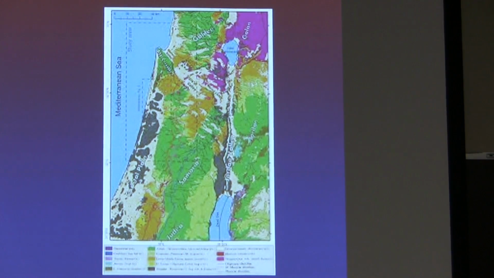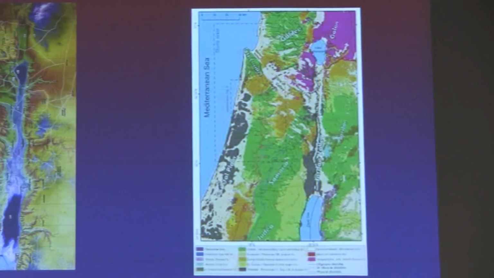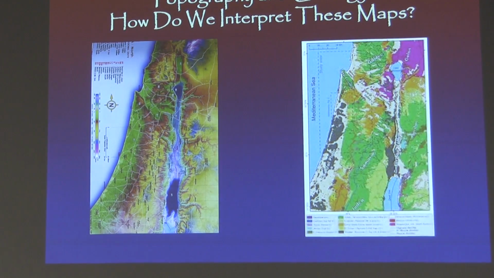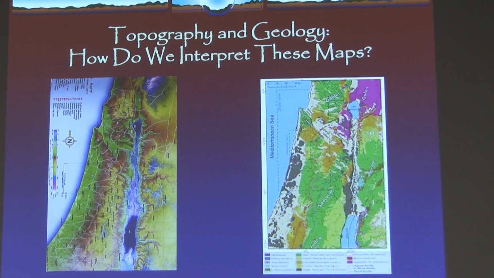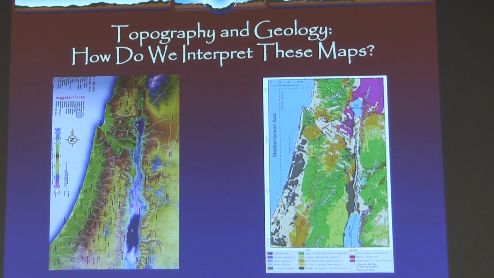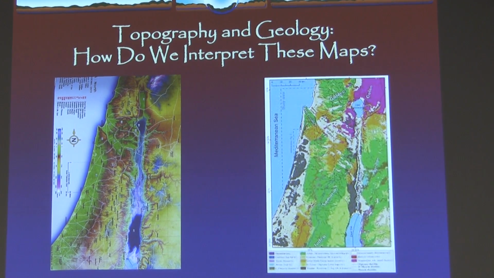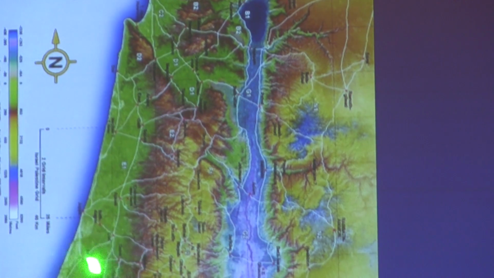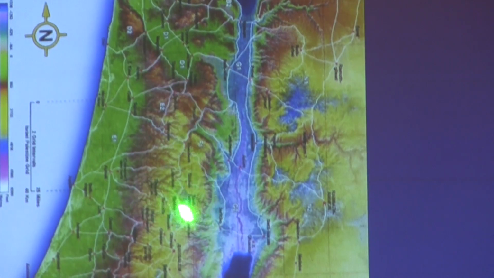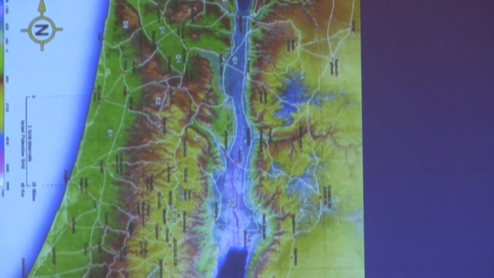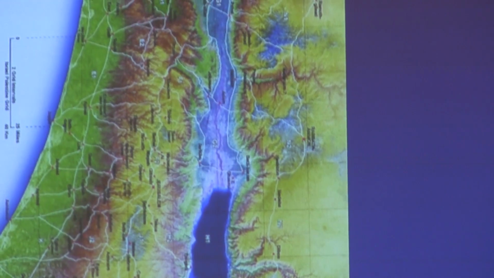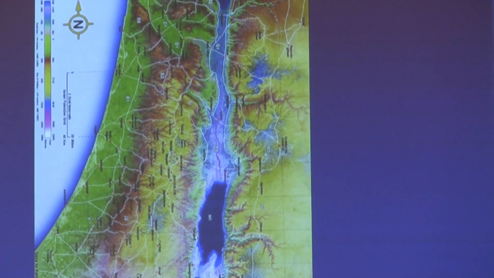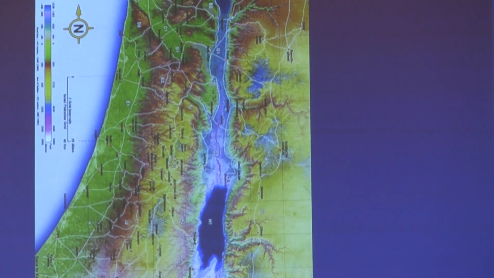The next thing we're going to do is put these two next to each other and see how to think about topography, because this map is trying to reflect elevation differences. Yes, indeed, it's done in very broad brush terms, but you're seeing a flat coastal plain area out here. You're seeing this mountain spine right here. I realize people from Colorado are horrified when we use the term mountain here. It's hills, indeed. The Hebrew word har can mean both hill and mountain.